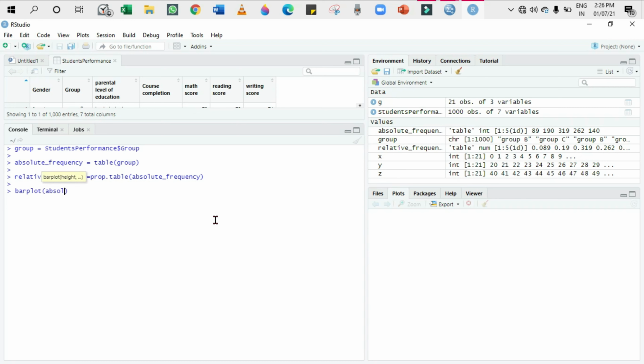Okay, now I'm going to put the bar chart, and the command is barplot of what? I'm going to use absolute frequency, comma, you can mention the label for the x-axis, label for the y-axis, and the label for the title as well here itself.